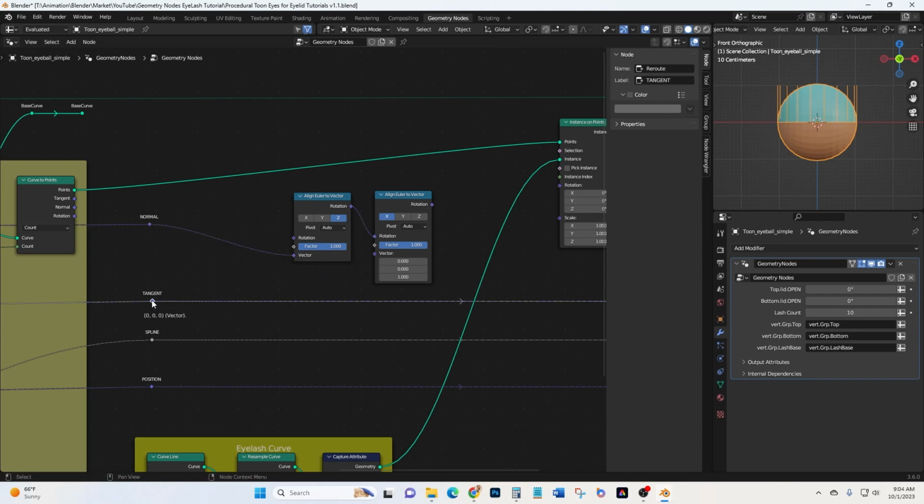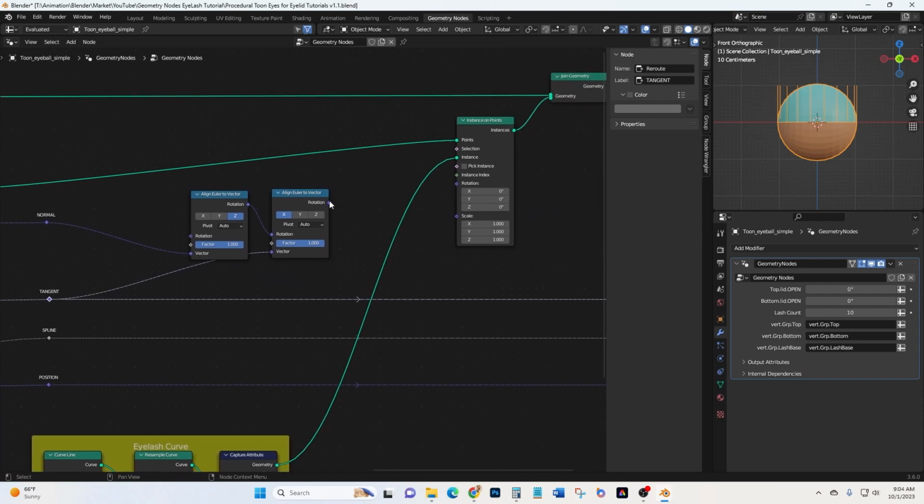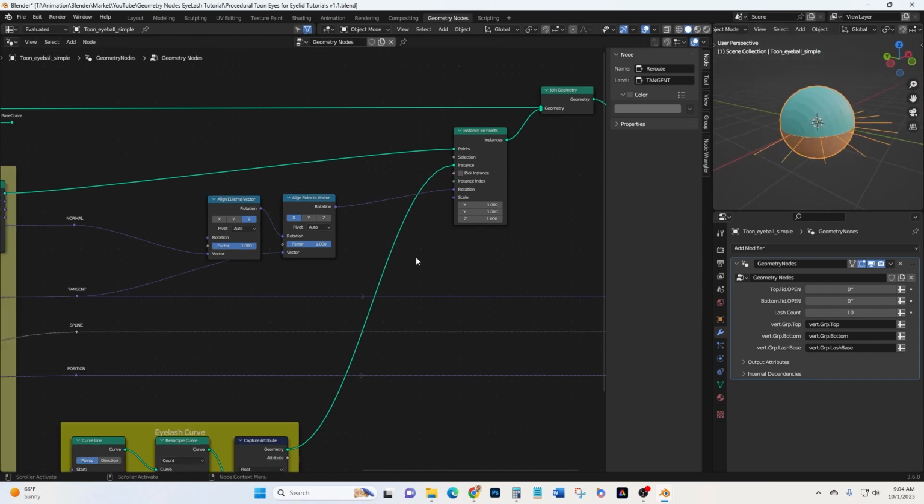And then we'll take this tangent, plug it into the vector of the second one. And then we'll take rotation out and plug it into the rotation in. And as soon as we do that, you see our eyelashes over here all flattened out just like we want them to be. Let's frame these up, grab those two, Control J,